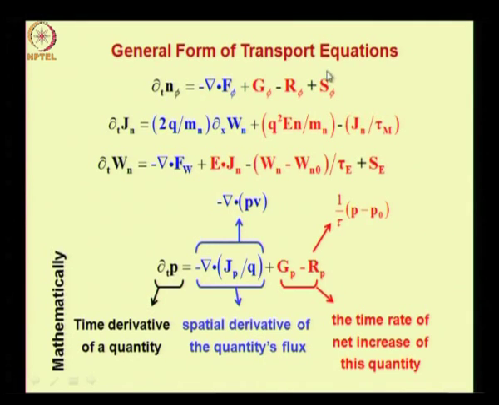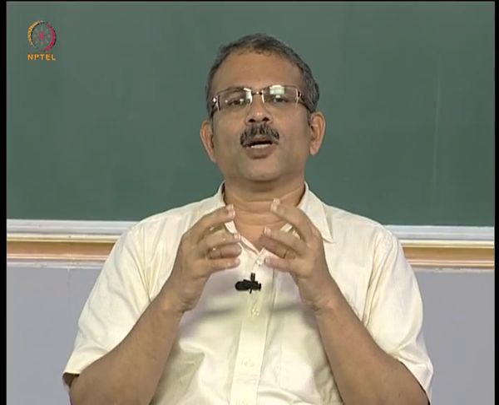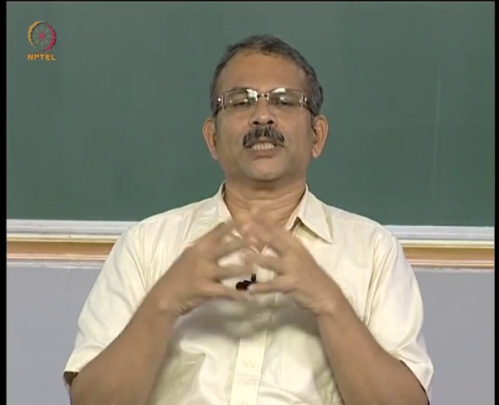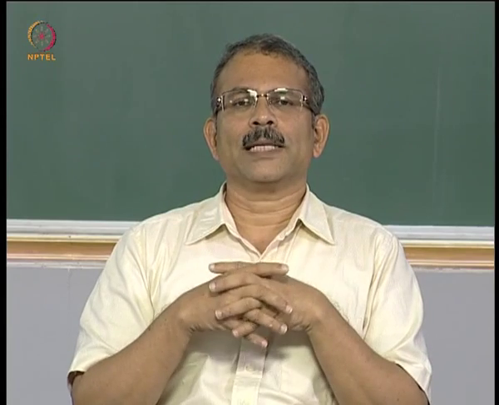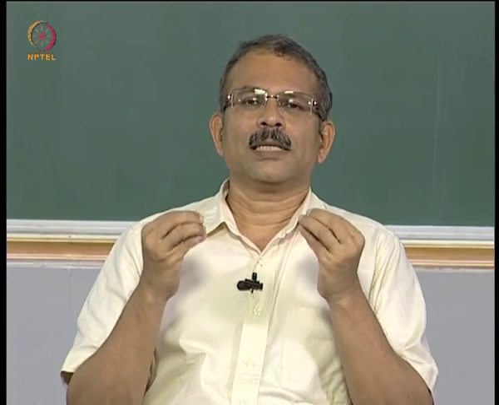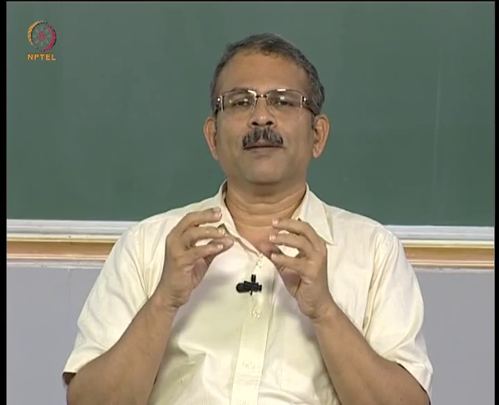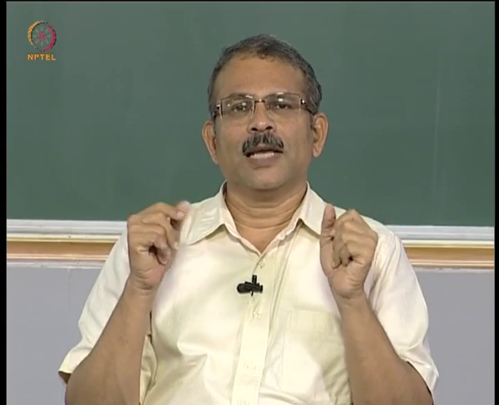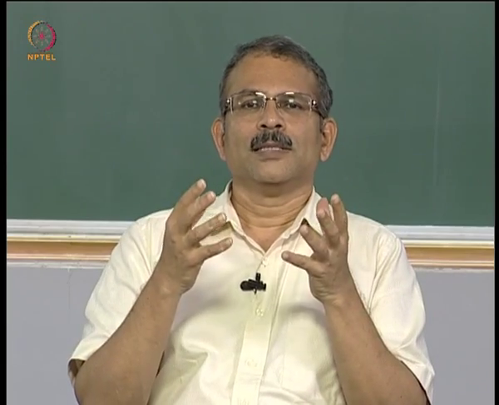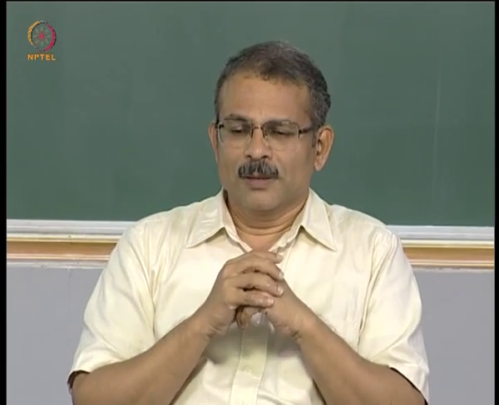Now I would like to explain one point here, that there is no S phi term in the momentum balance equation. So we said the S phi term is 0. Now why did we say S phi is 0? The S phi is the source term because of electron hole pair generation, some net generation of electron hole pairs. Now we are assuming here that all the electron hole pairs which are generated have momentum in random directions, therefore together they do not contribute any net momentum or net current.